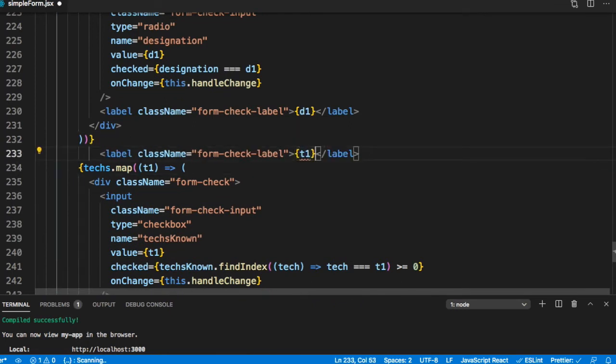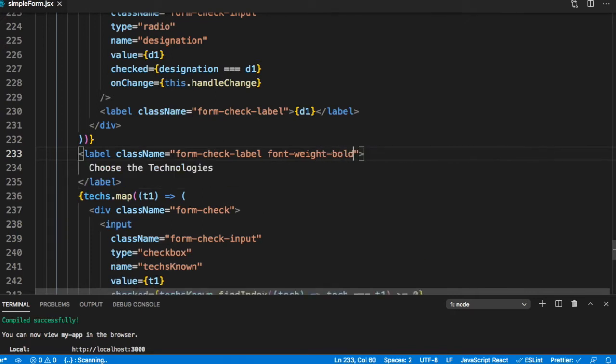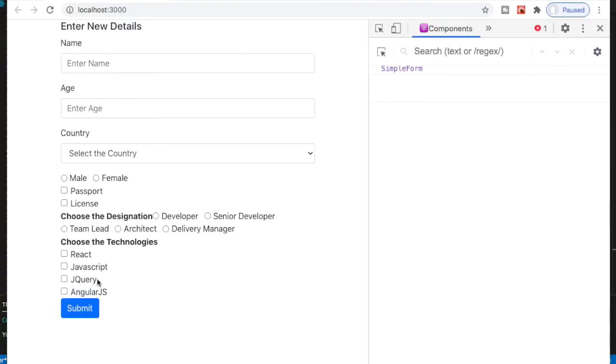So the label would be "choose the technologies", and let's also give it font weight bold. So let's test it.